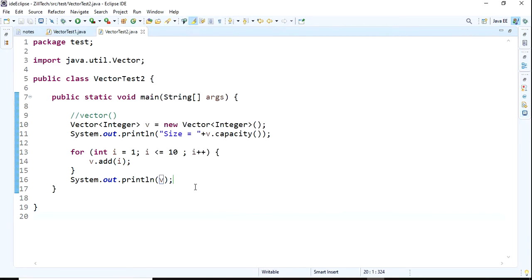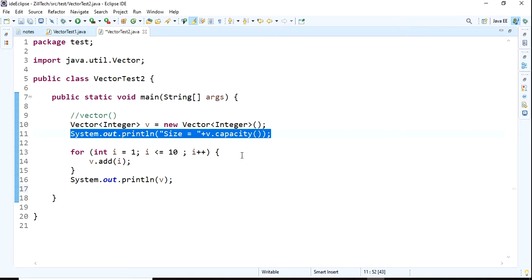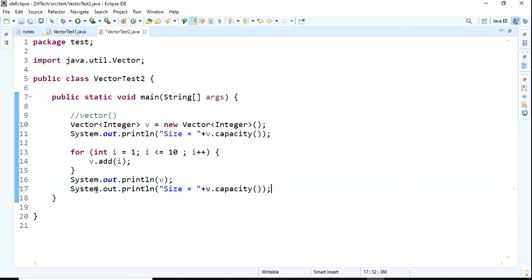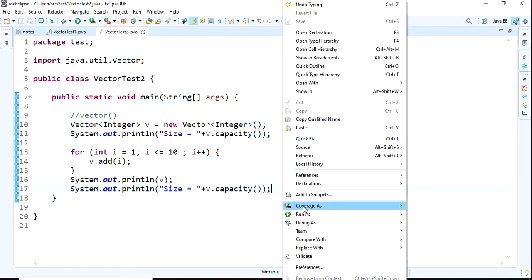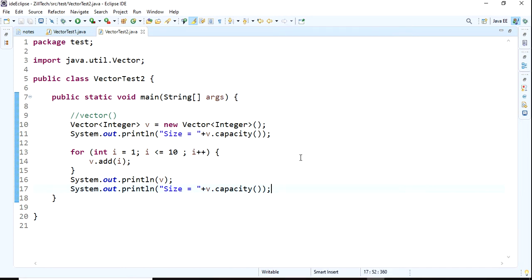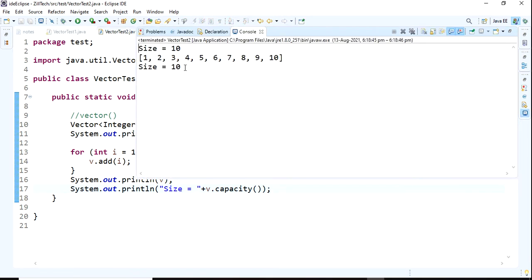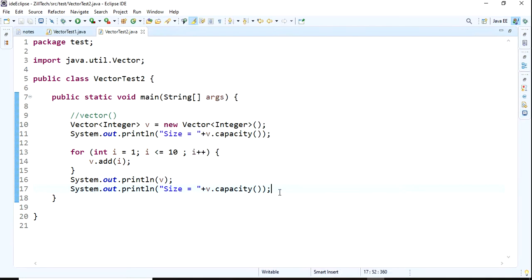Now I want to add one more element. What is the size till now? Till now the size is 10 only. Whenever I try to add more than 10 elements, see, v dot add.